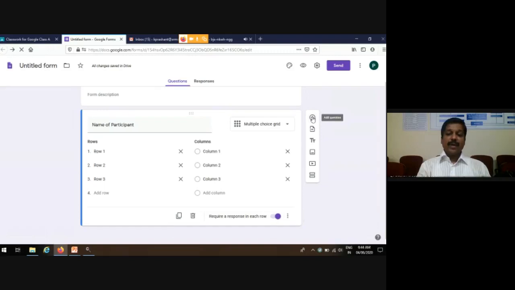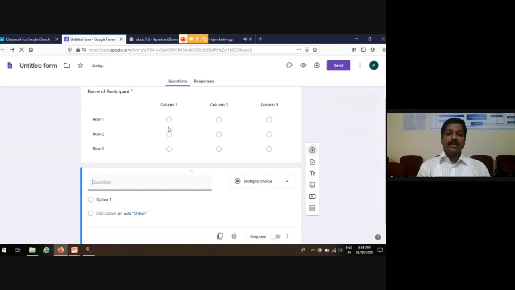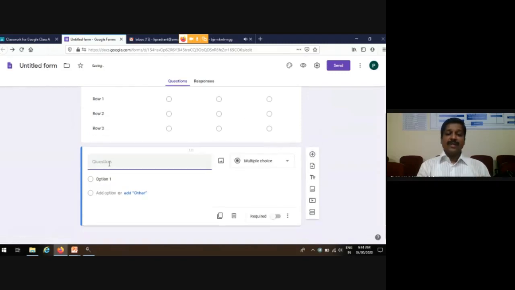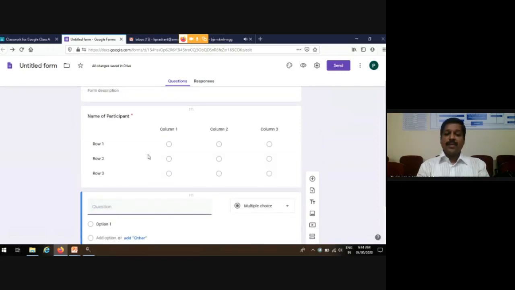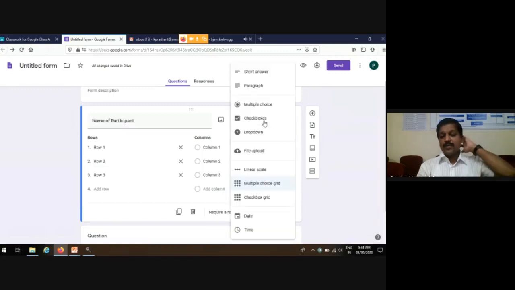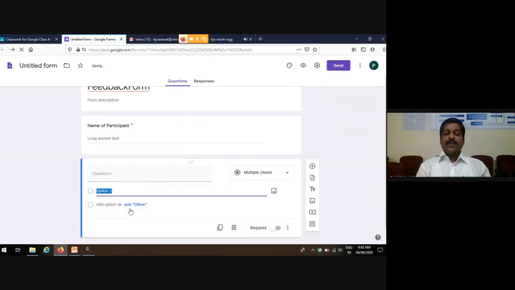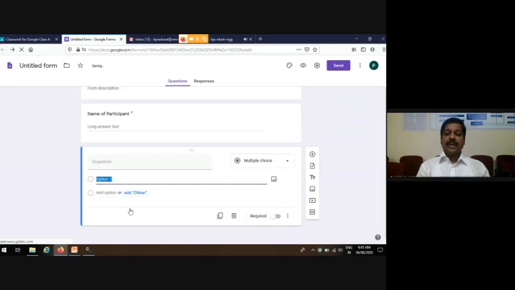Now if I want to add a new question, I put it down over here. Look at what kinds of answers I got over here. This way I would have 3 columns and 3 rows. This is the second question. You want to allow them to have a multiple choice or a paragraph question, so you may offer that over here. If you want to edit, this is also available. You can edit these options, and suppose you want to collect the answers in another order, that option is also available. So this is what we have to create options.